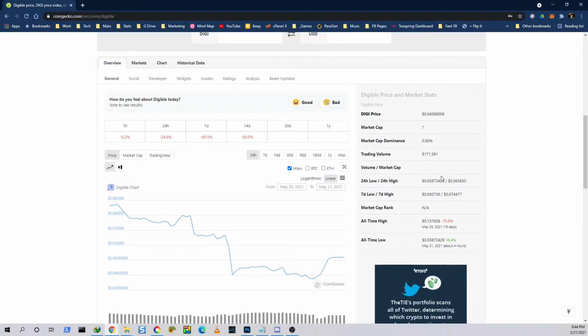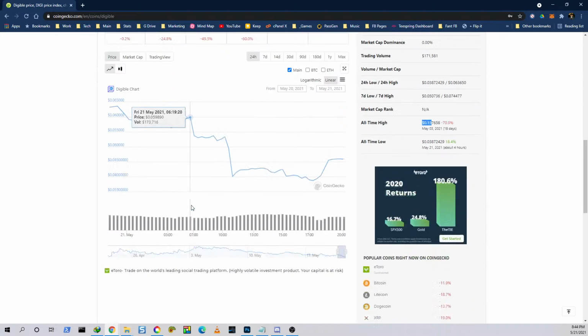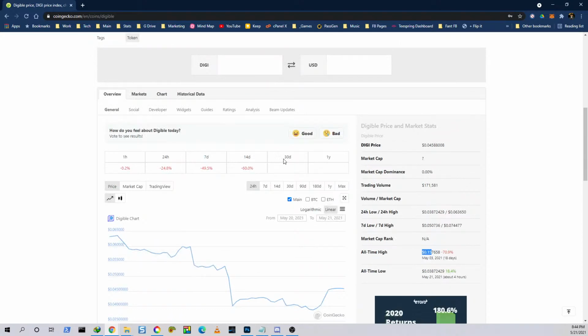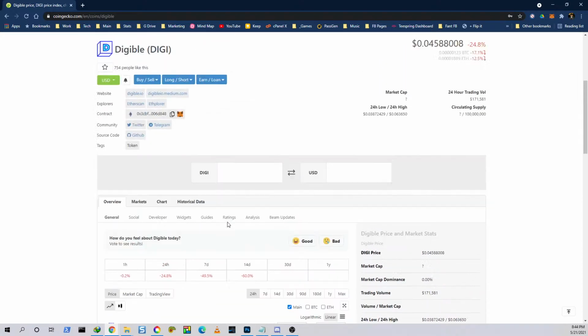Volume doesn't really have any, so I really can't tell you. 7 day high: 5 cents and 7 cents has been the low for 7 days. Its all-time high was 15 cents back in May. All right, so it went to 15 before, so it's seen something. That's not bad. All-time low was 3 cents, so it's right near its lows. So, okay. How long's it been around? It hasn't been around 30 days. Okay, so this is new. Oh, you hit me with some new, bruh. Okay, Digital, what is it?